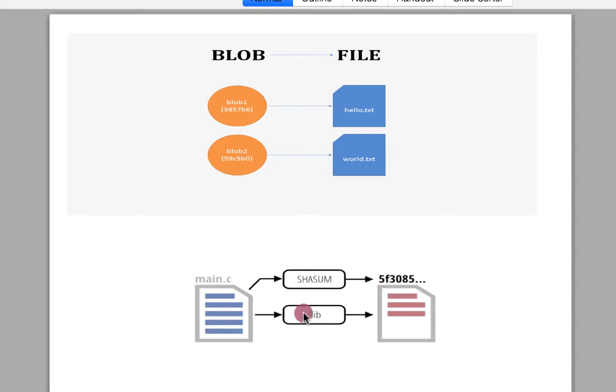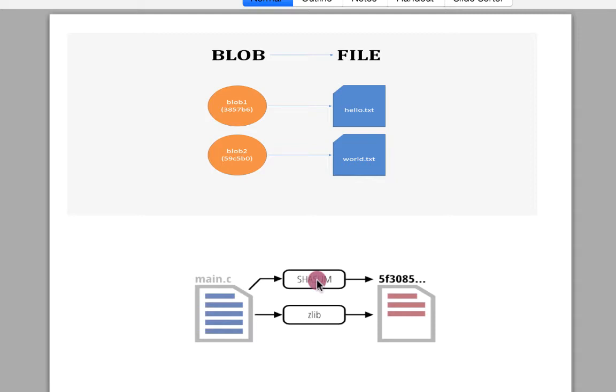That file will be applied to an algorithm known as the SHA-1 algorithm. The content of the file will be given to the SHA-SUM algorithm, which runs and generates a 40-digit SHA-1.